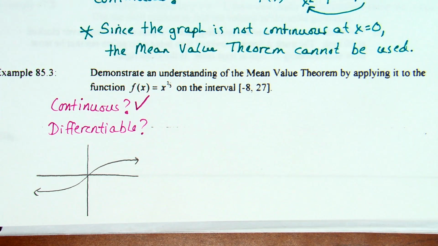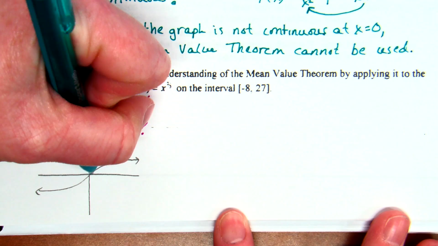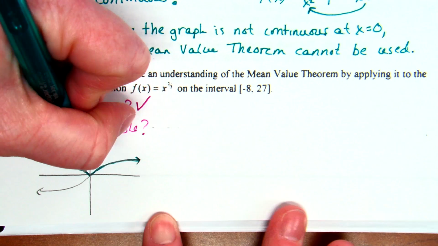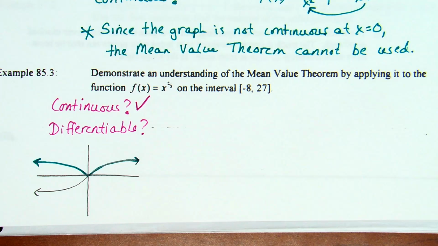And the key would be if you take the derivative and try to plug 0 in. The derivative of x to the 2/3 is 2/3 x to the -1/3. x to the -1/3 is going to put x where? In the denominator. And can you put